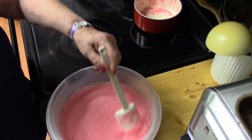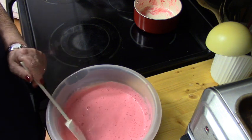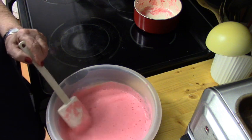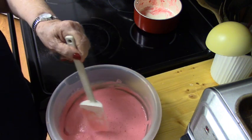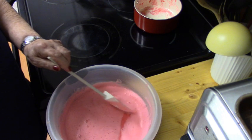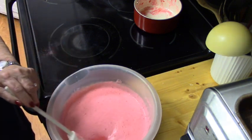Now this basically is 3 ingredients. You have a graham cracker shell. Now what I was looking for and what they did not have was the reduced fat graham cracker shell. And I know they make them, but they just didn't have any. And I was in a fairly large grocery store. But anyway,